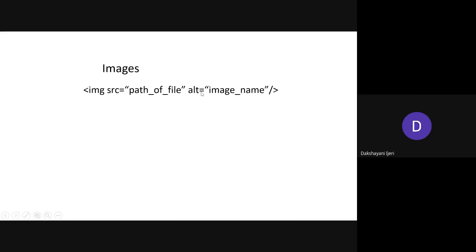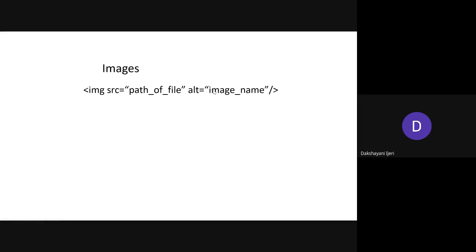So alt followed by the text. It is not only the image name here, I have just taken it as an example. So any textual information about that image. This is going to be useful because you might have observed that whenever you open any website, if you have any internet problem, or any problem in displaying the particular image, then if the image is not displayed, it is probably going to display only the name of that image there.